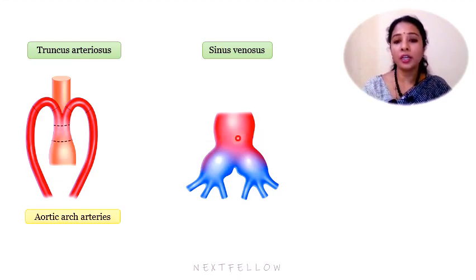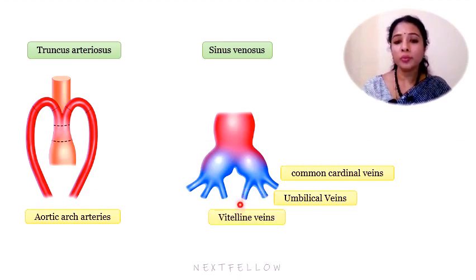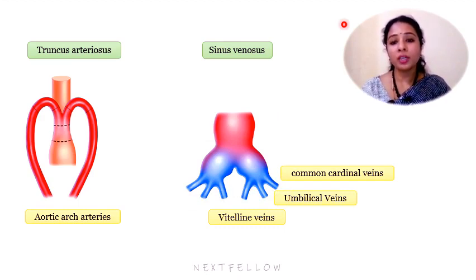Then the sinus venosus, which forms the venous end. This is the caudal end of the heart tube, the venous end, and it contains 2 horns, right and left horns, and each horn receives veins. This is the common cardinal vein. The middle one is the umbilical vein, and most medially are the vitelline veins. So these 2 are the vitelline veins, the outermost are the common cardinal veins, and the middle ones on each side are the right and left umbilical veins. As the heart tube grows, it bends, forming a loop called the cardiac loop, which invaginates later into the pericardial cavity.